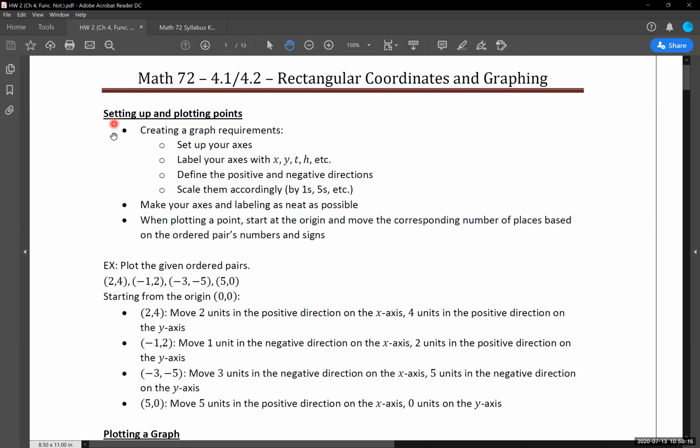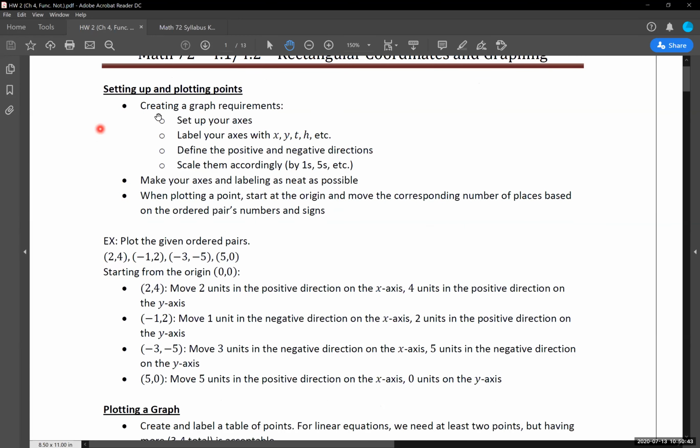When you are creating graphs in this class or any of your other classes, these are the requirements your instructors should be looking for. If you do not have any of these written in, then you're going to be losing points. So make sure that you have your axes labeled and everything is as neat as possible. Organization is absolutely crucial with graphing, and if you are not neat and organized with that, a lot of this falls apart. We'll go through an example of this here in a minute to show you what I'm looking for, my bare minimum requirements for this.